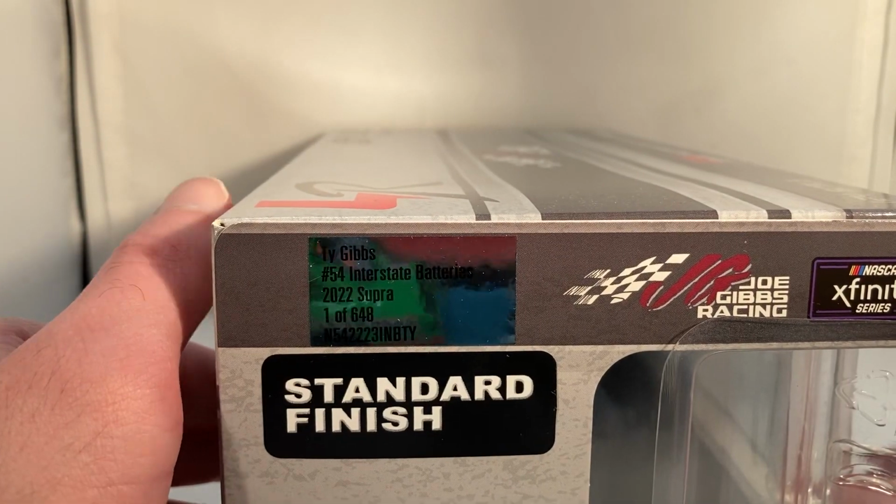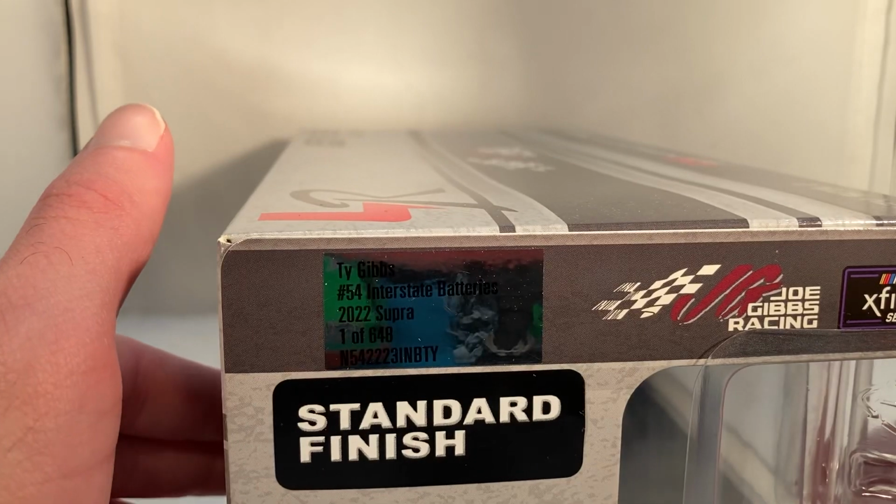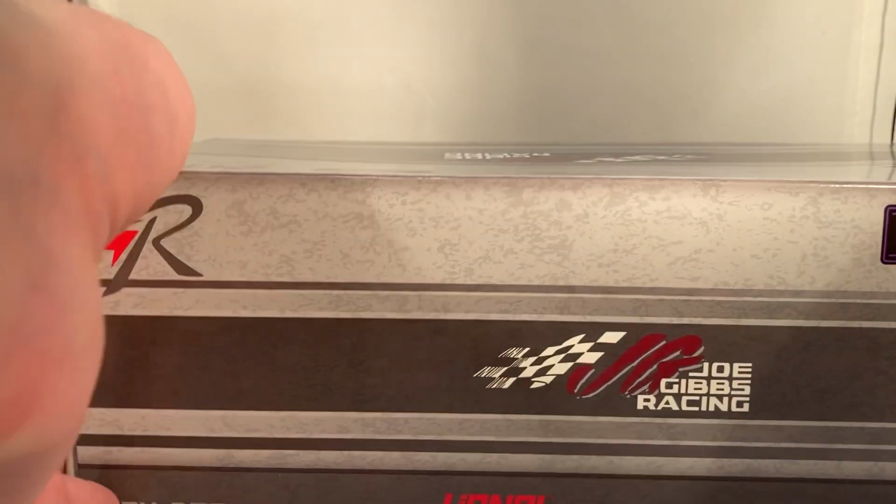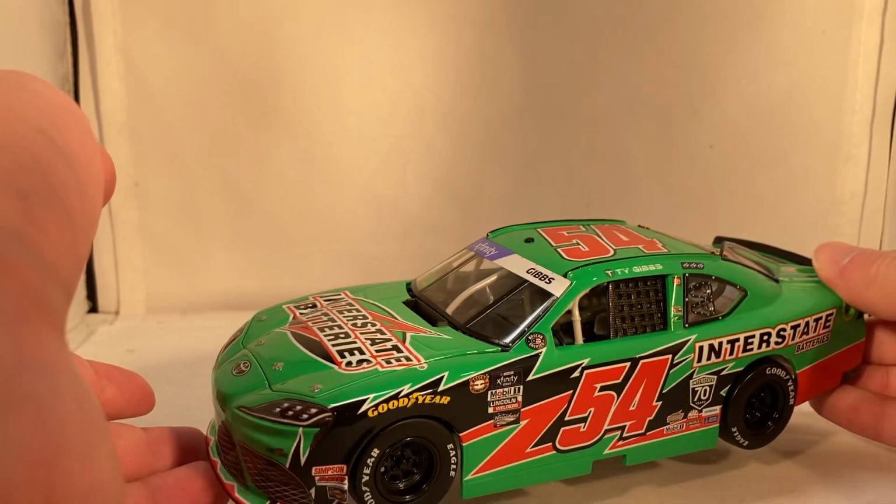They made a total of 648 of these things. It's not even labeled as a Darlington Throwback, just Interstate Batteries. So this is a throwback. He ran the regular Lightning Bolt Interstate Batteries car a few times last year. I don't know why Lionel missed that, but here is the car itself,